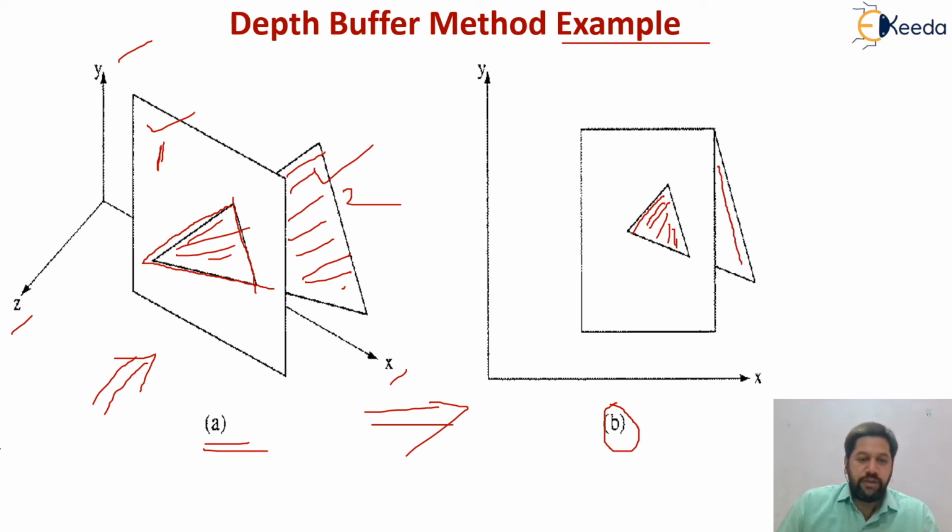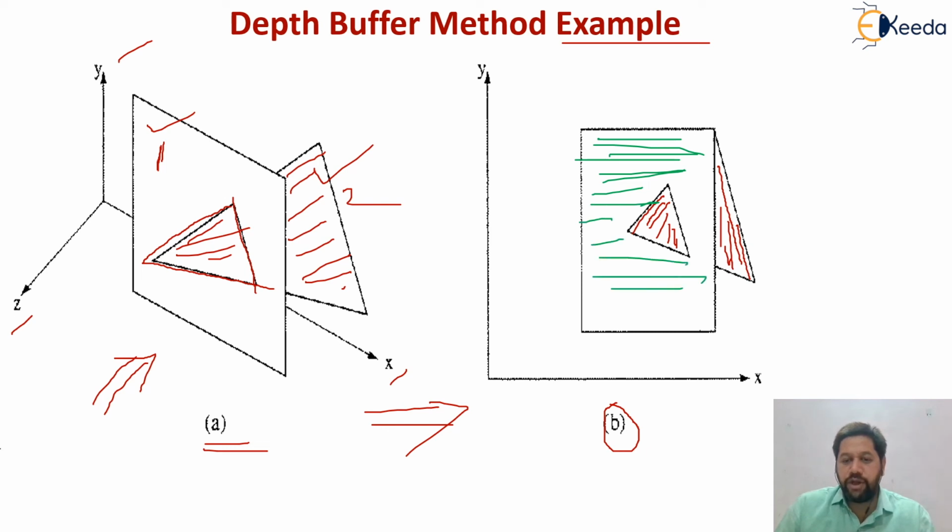So here it is only up to this, but this part is also visible to me, so this will be visible with the given color. My background is white color, getting me? And suppose this particular square object has green color, then in my display I can find this particular area having the intensity or color which I'm considering as green. So my actual object will be displayed something like this. This is the surface which is visible, this surface is also visible, and this surface is visible,